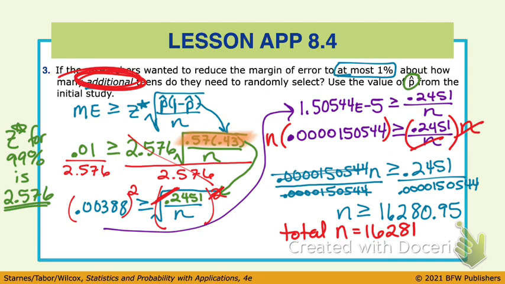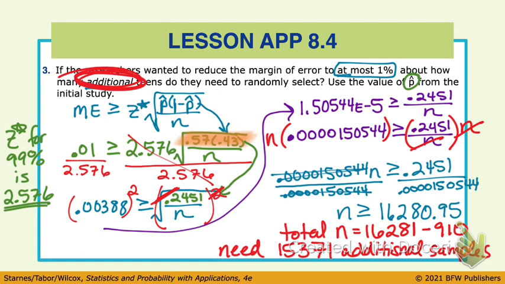So we need to subtract 910, and we get 16,281 minus 910, and we need 15,371 additional samples. All right,